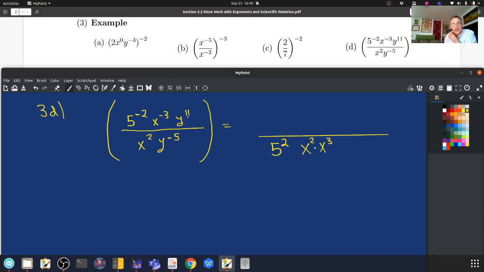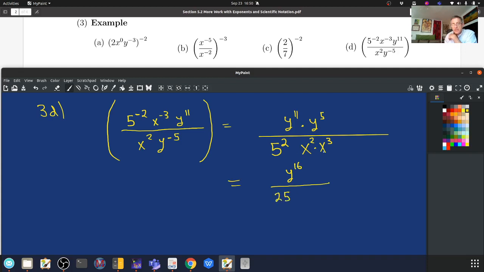Now here, I have y to the 11th, y to the minus 5th. If I were to move y to the 11 down below, the 11 would become negative. And I don't want that because I want positive exponents. So I want to bring y to the minus 5th to the top. Now it's all just a matter of simplification. Y to the 11th times y to the 5th, same base, side by side, multiplication, we add the exponents. 11 plus 5 is 16. 5 squared is 25,